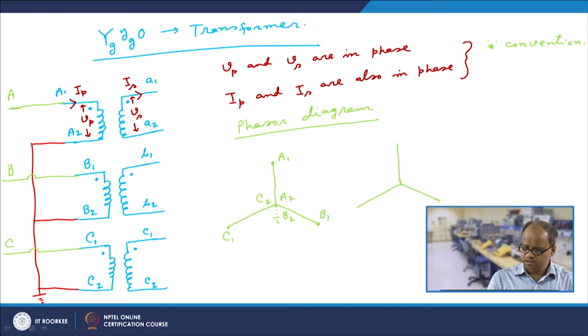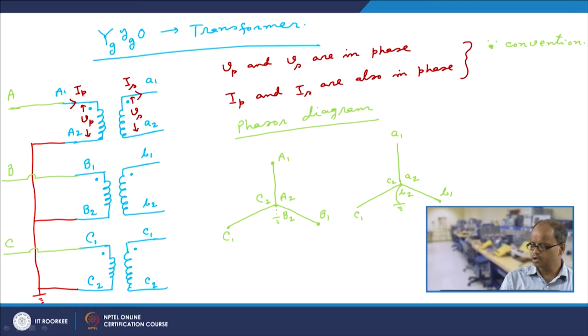So, if this is capital A1 capital A2, and because these two are in parallel, this also should be A1 A2. So, this terminal also should be A1 A2. Similarly, if this point is B1 and this point is B2, and because these two and these two would be parallel, their orientation of this winding and this winding also would be in parallel. So, this terminal is B1 and this terminal is B2, and similarly this would be small c1 and this would be small c2, and because it is grounded, we make them grounded, correct.